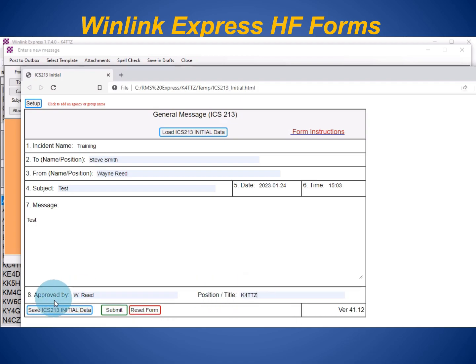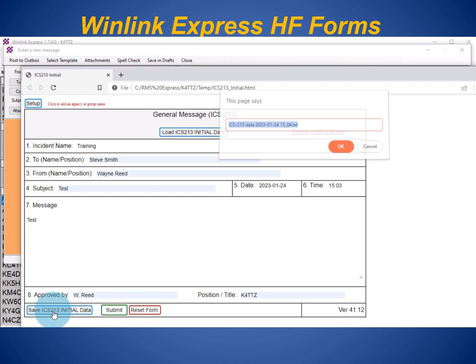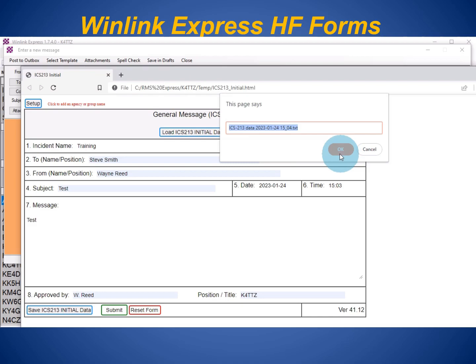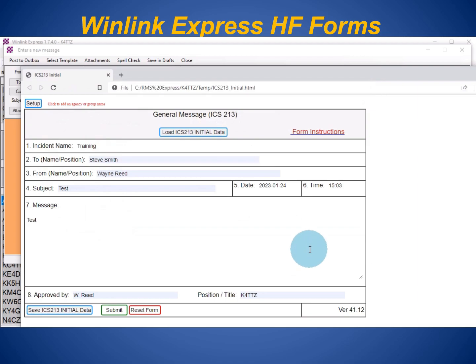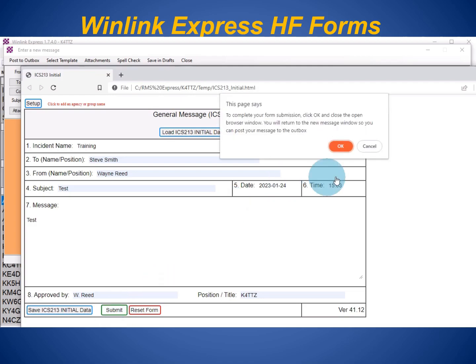Okay, the next thing I want to do is I want to save this file on my machine here locally. You do an OK to this text format. And this is the location for saving of your files. So we'll do a save on that. You'll notice it downloads that text file and saves it to that file path. The last thing you want to do is hit submit and then OK,